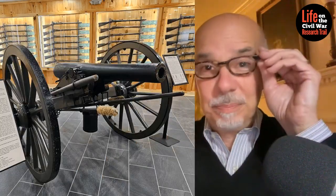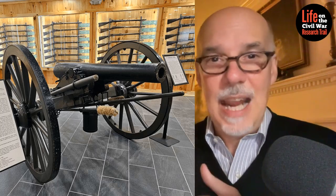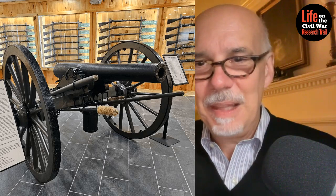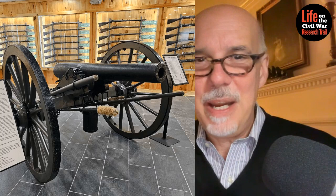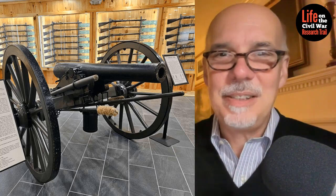So there you have Charles Wainwright talking about the gun, the capture of gun number 1, and there again is that picture. I want to continue to give you a little bit more information about what happened to Wainwright. After the loss of the gun on the first day, his artillery and Wainwright himself are back in action on July 2nd, commanding all the guns on the eastern side